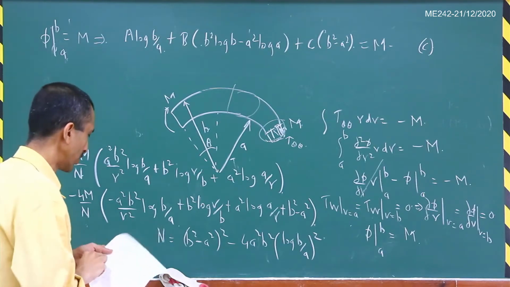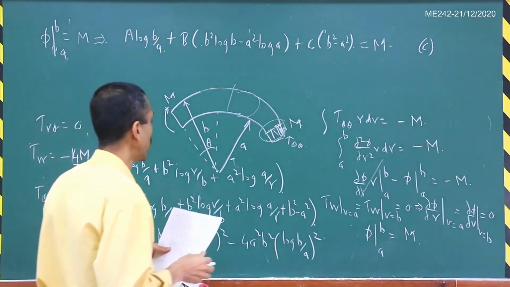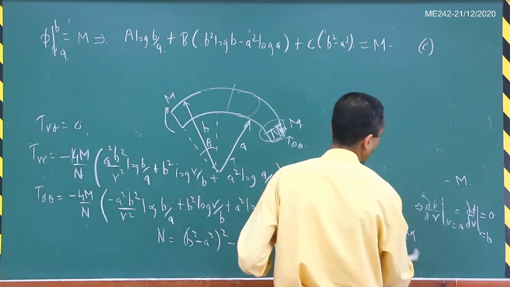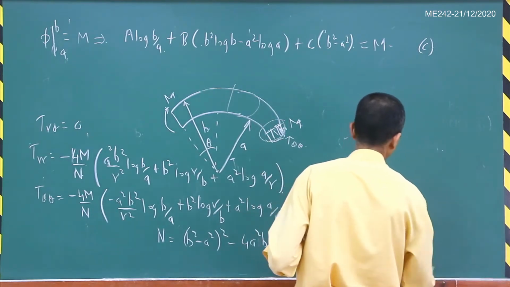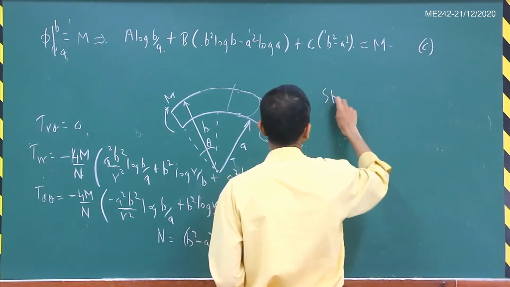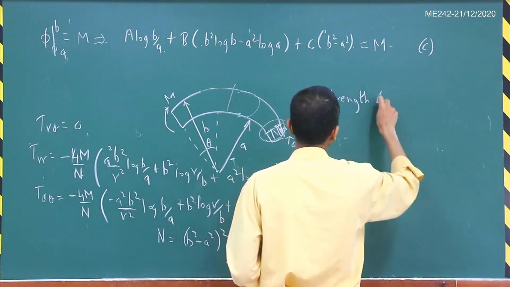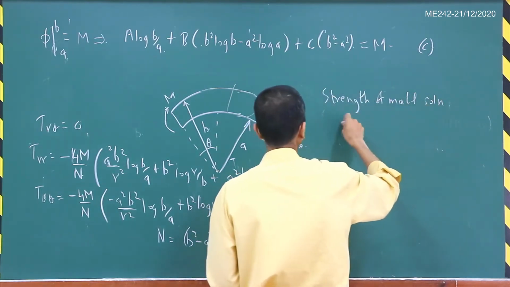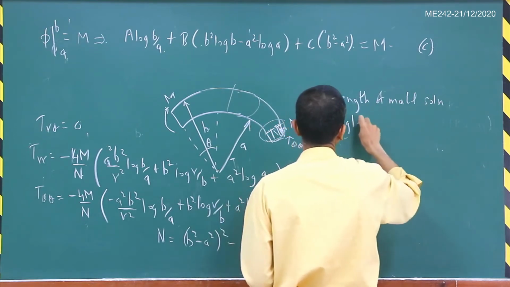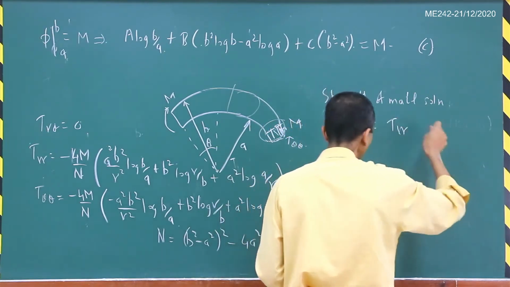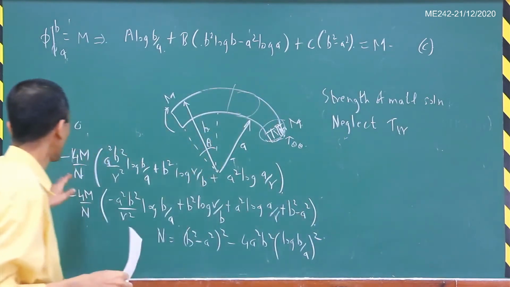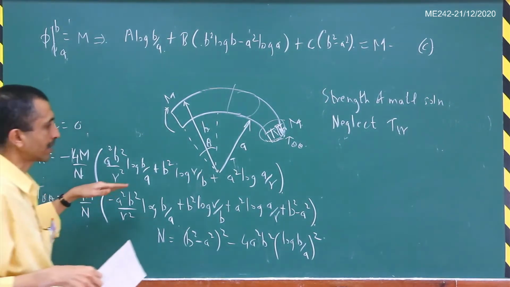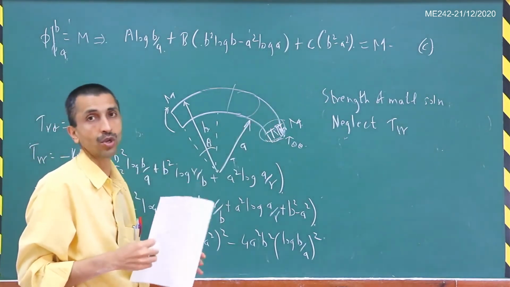Yes. So let us see. What do we do in the strength of material solution? This is an exact solution based on the theory of elasticity, but in the strength of material solution, we neglect tau r. That means we just set it to 0. But you can see that actually tau r is not 0. From this solution you can see that, as I said, the strength of material solution is an approximation.